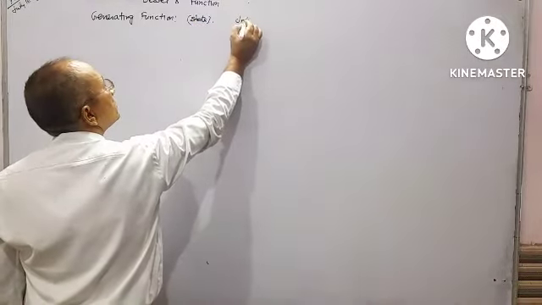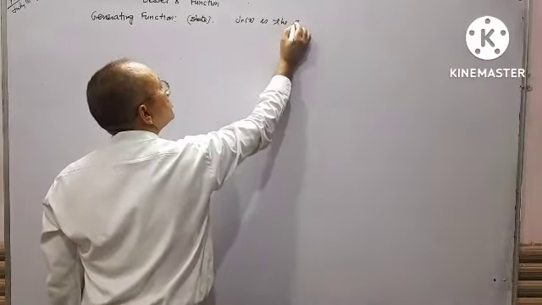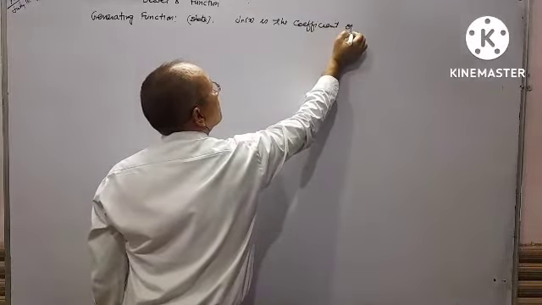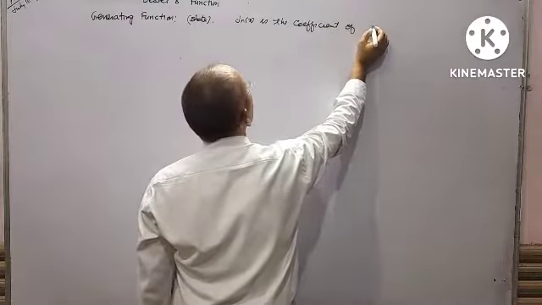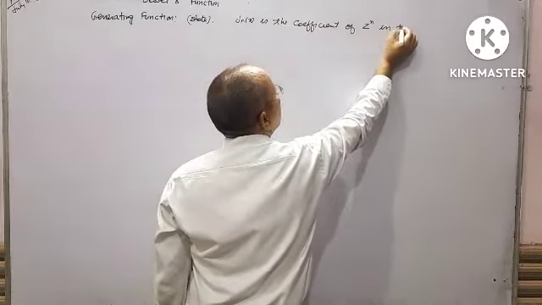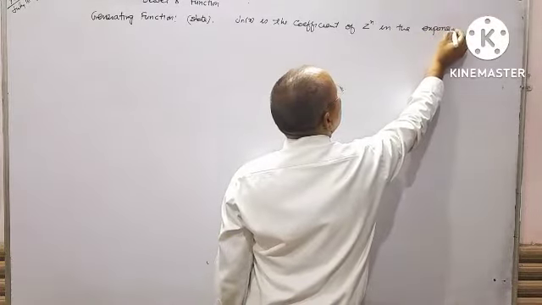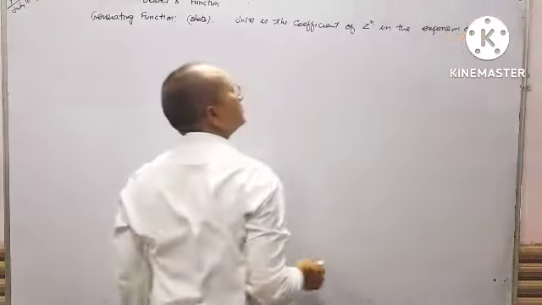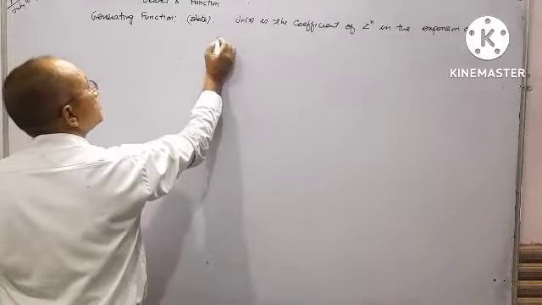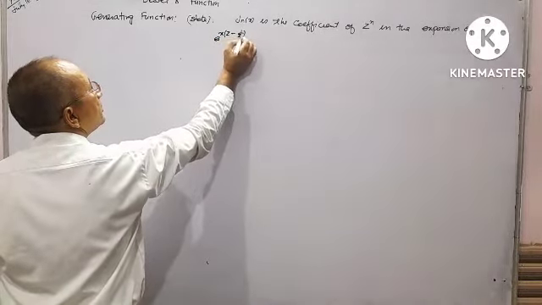Jn(x) is the coefficient of z^n in the expansion of e^(x(z - 1/z)/2),